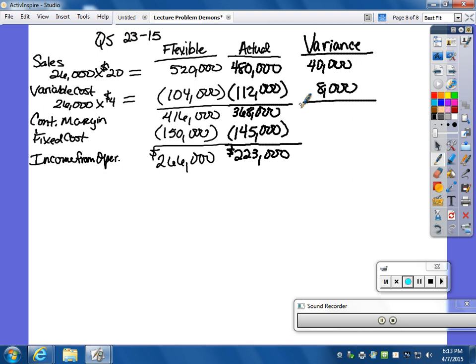Why don't we use those? Because I thought that the variable cost and the